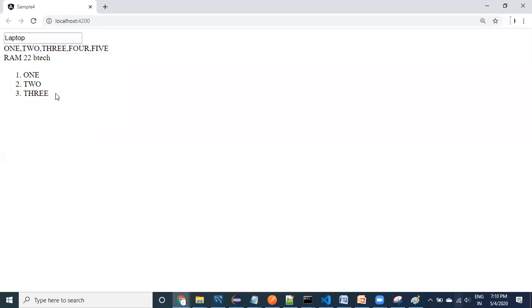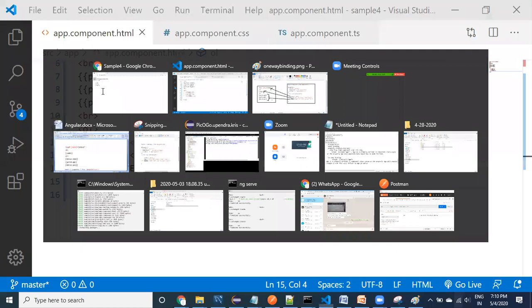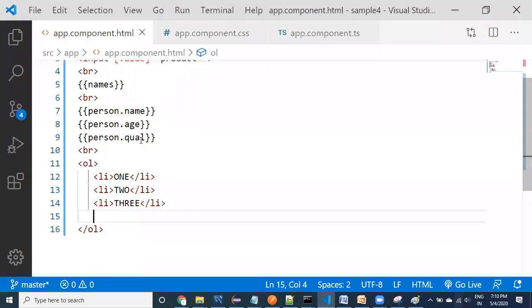To display in this manner, I need to take one by one from the array. But here we are not taking one by one from the array. Remember what we are doing here. We are not taking these names one by one. Whatever values are available in the array, we are taking the total values and displaying them. This is not fair. I want to read array values one by one and display like this.